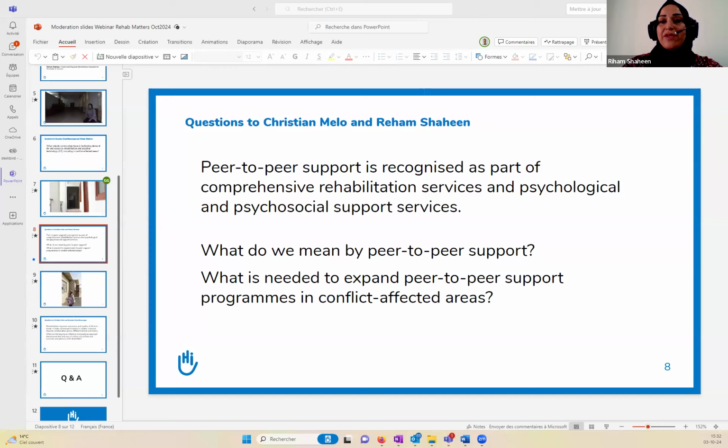So peer-to-peer support is a strategy where people who have gone through similar life experiences, like acquiring a disability or trauma, can offer emotional, social, and also practical support for people who are newly experiencing similar challenges. I would say that it is really an impactful strategy because it has a positive immediate impact on the people